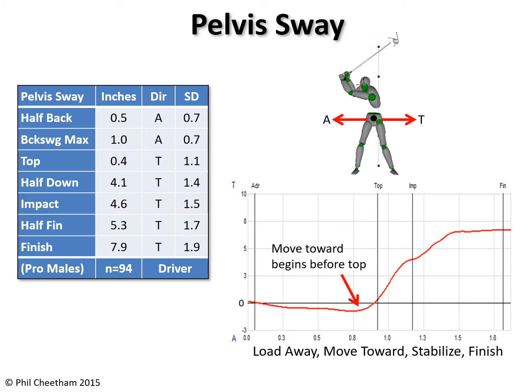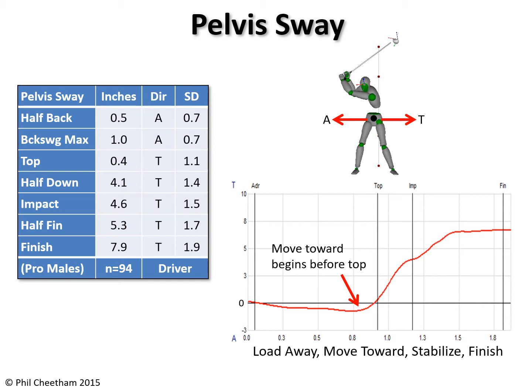On the other hand, if the curve is below the zero line, it means that the current pelvis position is more away from the target than it was at address. Moving from left to right on the graph, the golfer moves from address to top, then impact, and finally to finish, with a vertical black line showing each of these key points. The area between address and top is backswing, between top and impact is downswing, and between impact and finish is